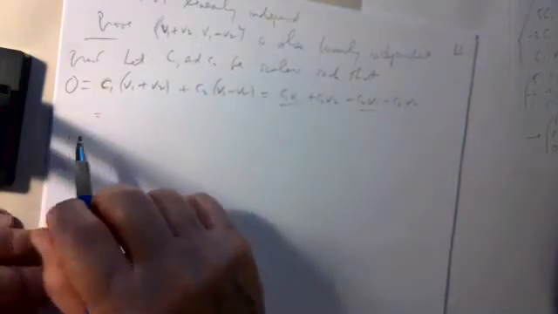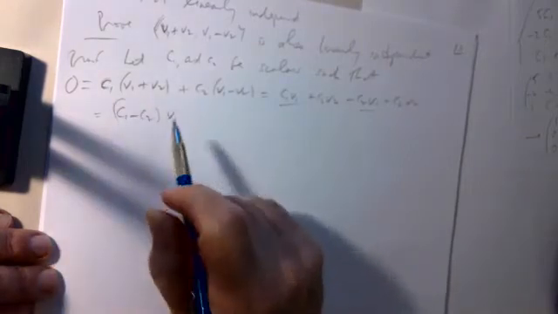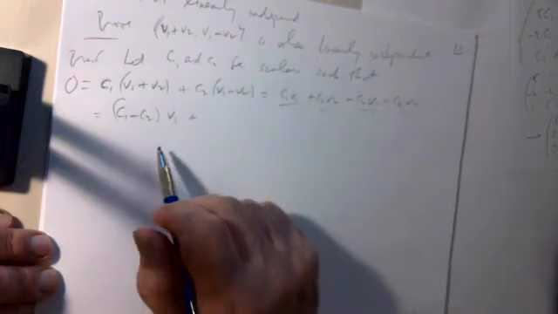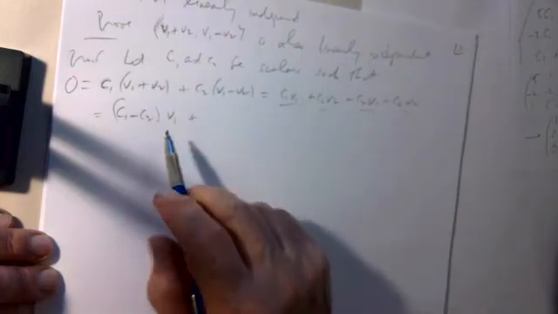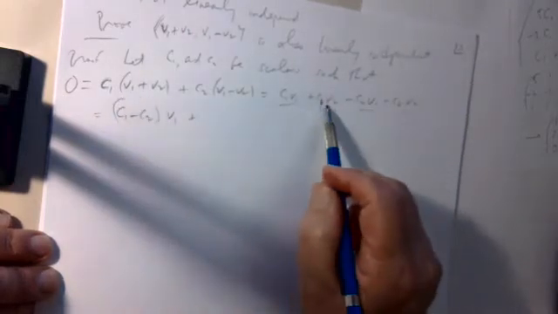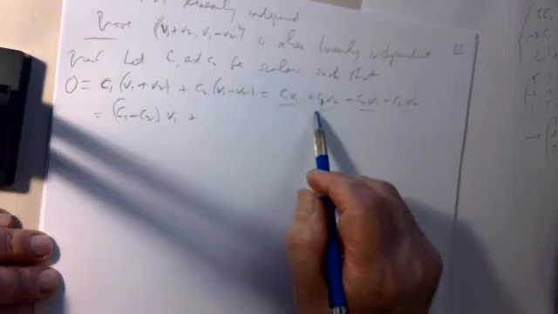And you collect the coefficients of the various vectors. This is (C1 plus C2) times V1